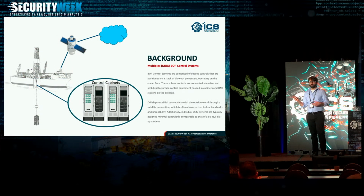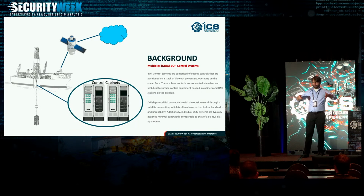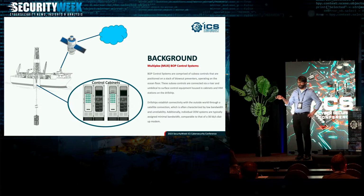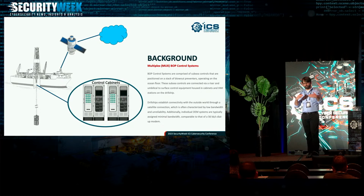So zooming in on the blowout preventer specifically, what the blowout preventer is, is a large stack of metal valves. You can see that, let's see if I can point. That's this thing, it looks very small, but in reality, it's about 3 stories tall of giant metal valves, connectors, and what we call individual blowout preventers, which have multiple different types. The most common are what's called a ram, which either crushes or shears the pipe to form a seal and keep those bubbles of hydrocarbons down. There's also something called an annular, which basically irises open and close to control the position of the pipe inside the